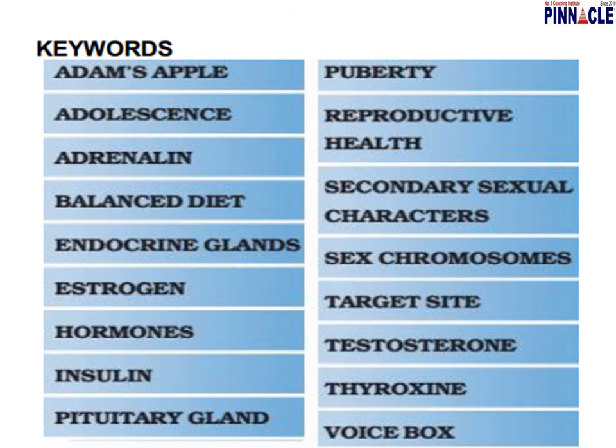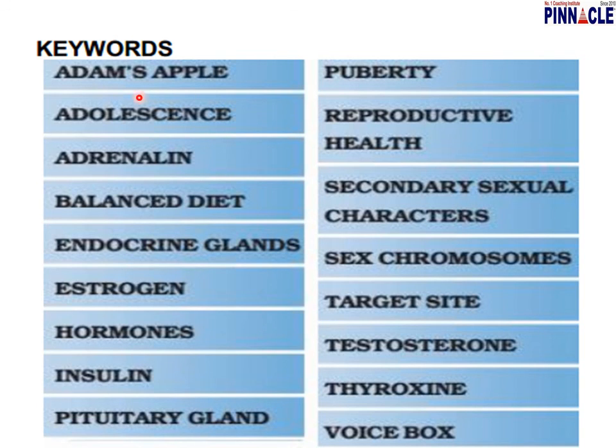So in this chapter we have studied many important concepts of adolescence and puberty, the role of hormones, and what kind of knowledge we can imbibe in this puberty stage, in teenagers. In this chapter certain keywords have been used. Now go through this chapter again and try to understand whether you know all these keywords or not.